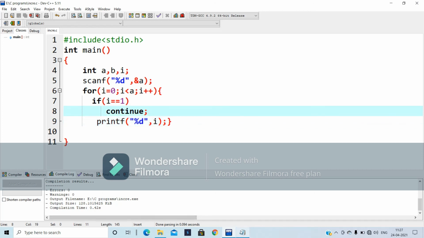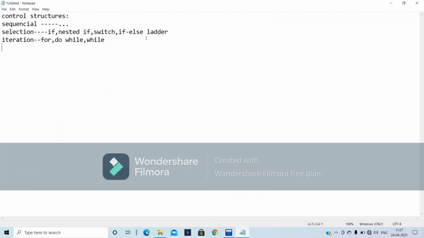This is the break and continue statements available in C language. I hope you all understand the control structures available in C language. I hope I gave some basic knowledge about all these things. You can gain advanced knowledge about them, but we need to practice more programs. I will definitely provide them in future videos.